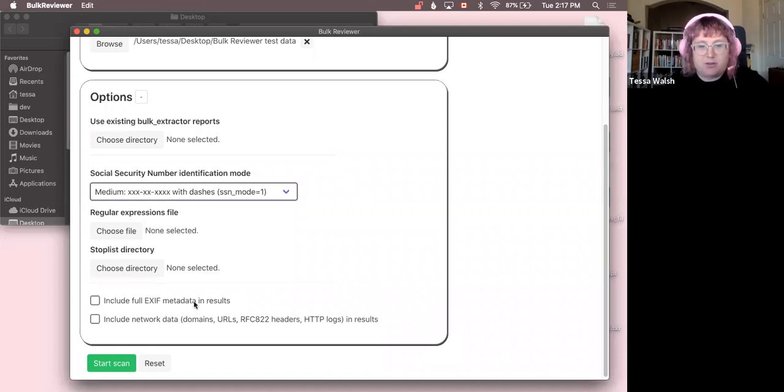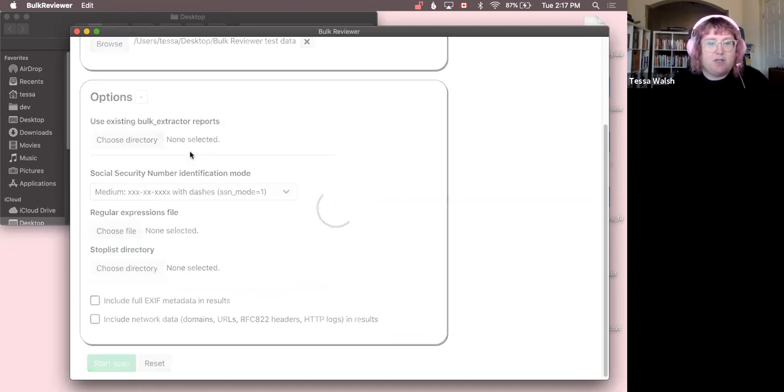So again, by default, that doesn't show, but there's an option to make it. So we're going to hit Start Scan, just with the default options. And you'll see you get kind of like a spinning icon. If you're scanning a very large directory or disk image, this can take a long time. In a future version, I would love to have a better user experience here around the feedback of